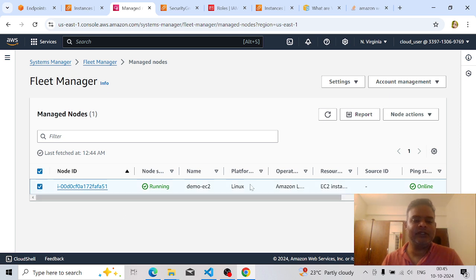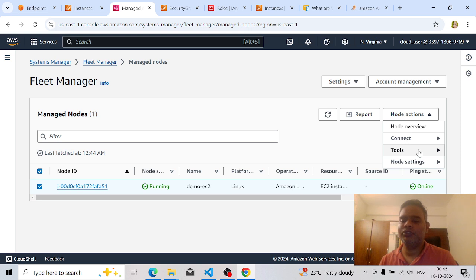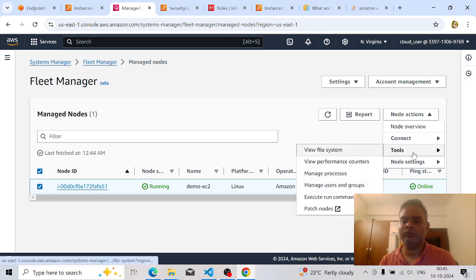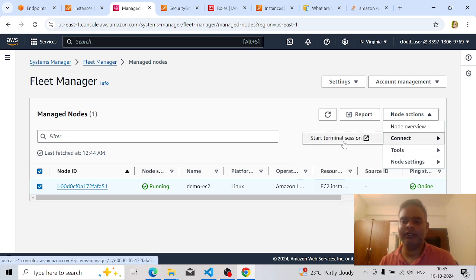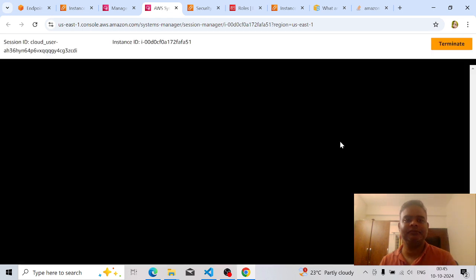Let's select this instance, select node actions, go to tools or the connect option, and click start terminal session. Voila. We are able to connect to the EC2 instance without the use of a password